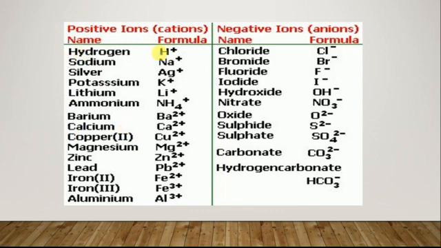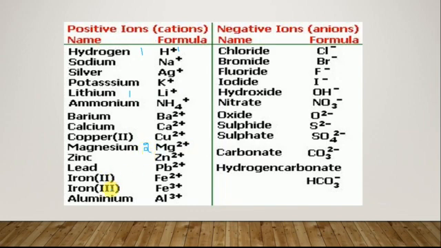For hydrogen, it is H plus, which means the valency is 1. The charge here is plus 1, but when we write valency, we do not use the sign. Sign means plus or minus, we do not use it, we only use the number. So the valency of hydrogen is 1. Let us go to another example. For lithium, the valency is again plus, meaning there is no number and hence it is 1. For magnesium, it is plus 2, which means the valency is 2.